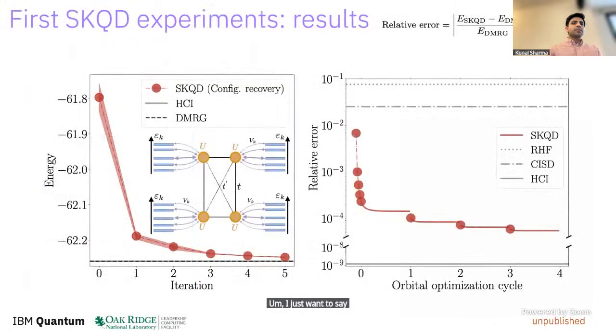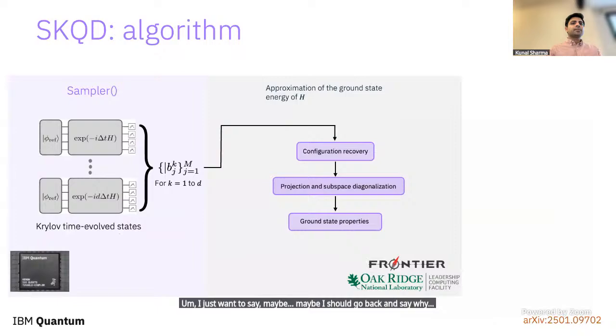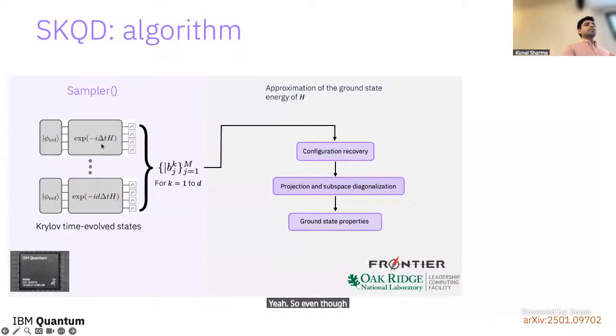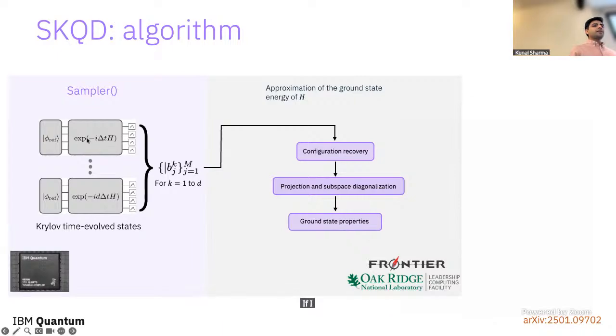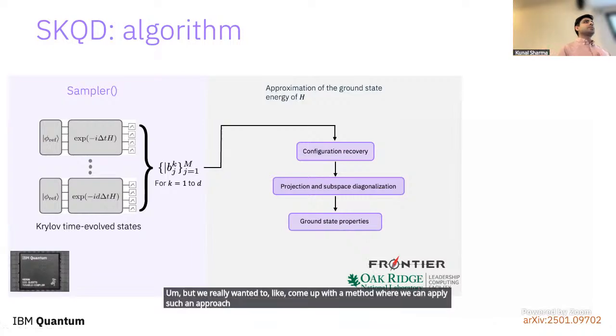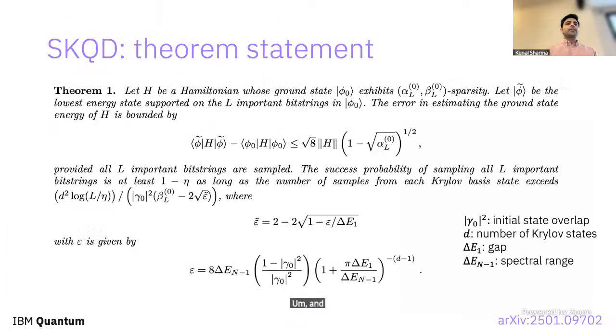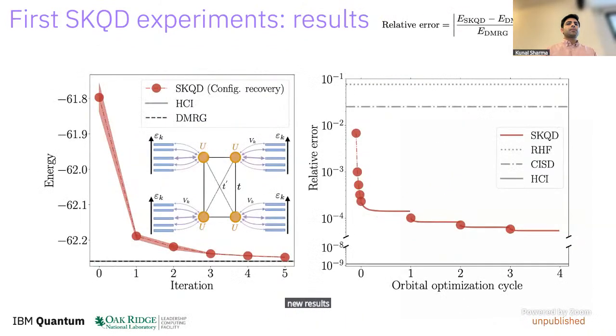Maybe I should go back and say why. Even though this algorithm is nice, I cannot really apply it to chemistry still, because the number of terms in a chemistry Hamiltonian is on the order of millions. If I try to do Trotterization for a Hamiltonian that has millions of terms, the depth requirement will be crazy. So this algorithm is suitable for lattice Hamiltonians where the number of terms is not too crazy. But we really wanted to come up with a method where we can apply such an approach for chemistry as well. And that led to our new results a couple of months ago,